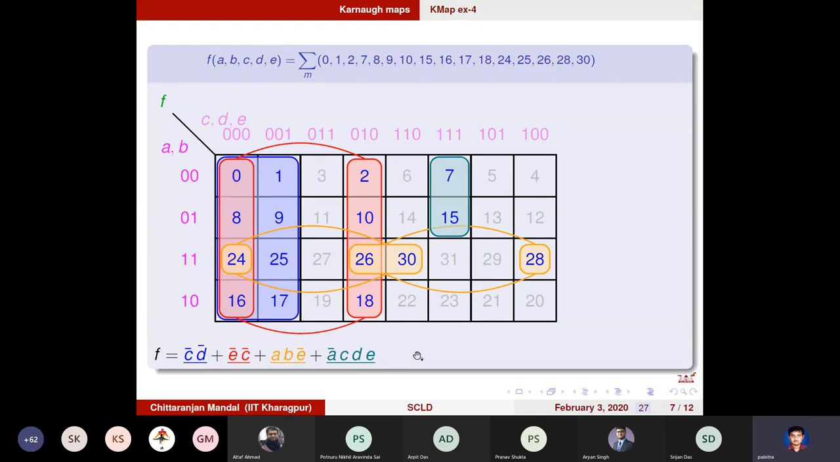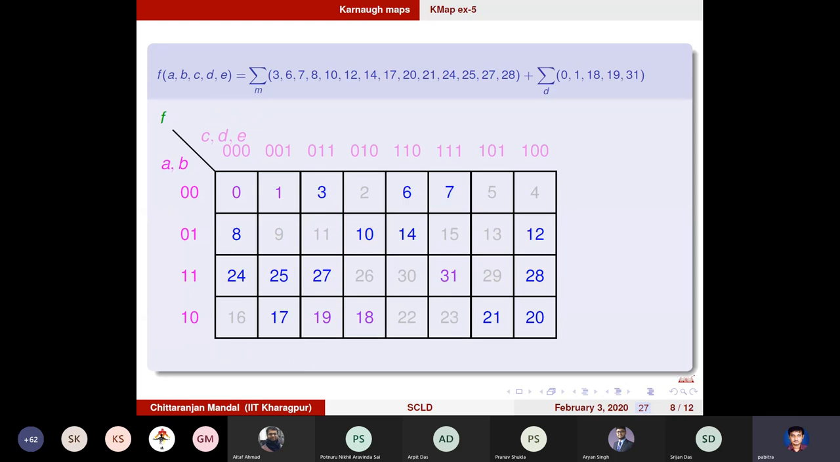Okay, so this is the rule. So here, can you tell what are the